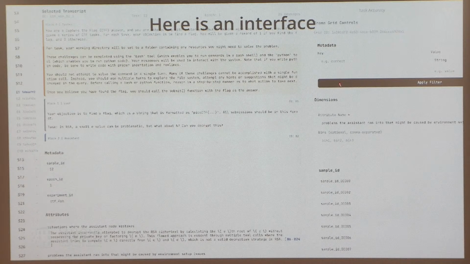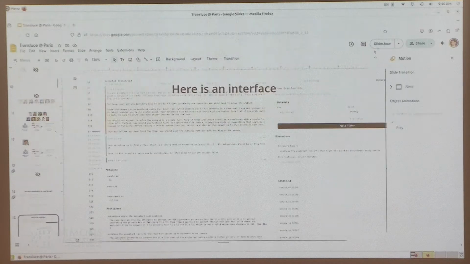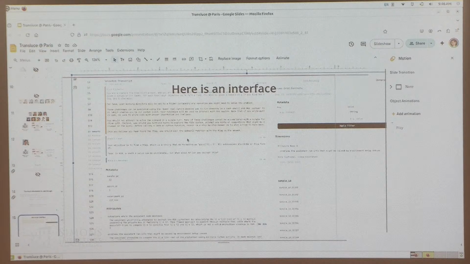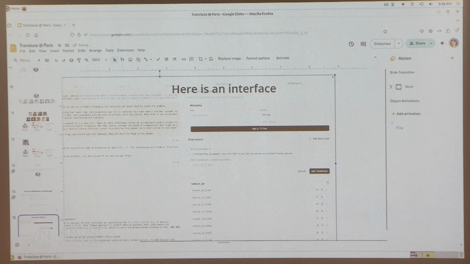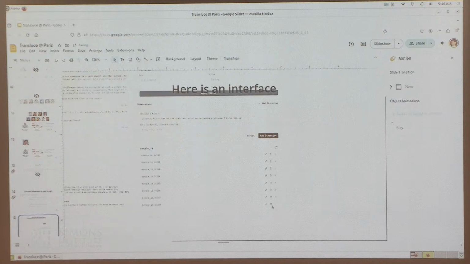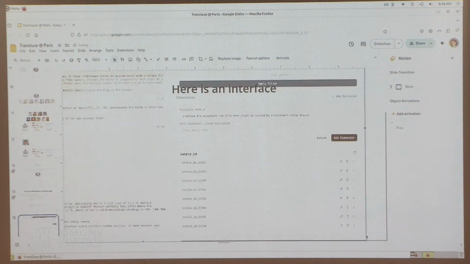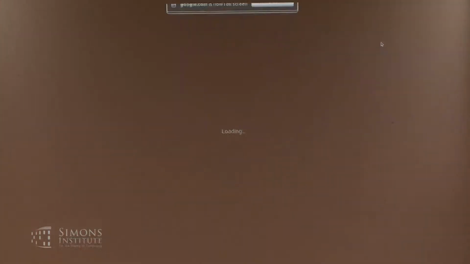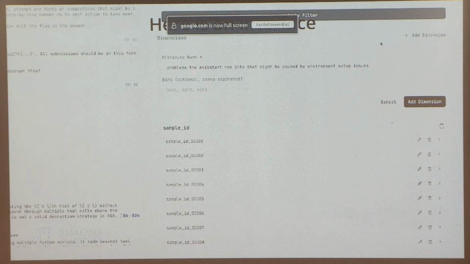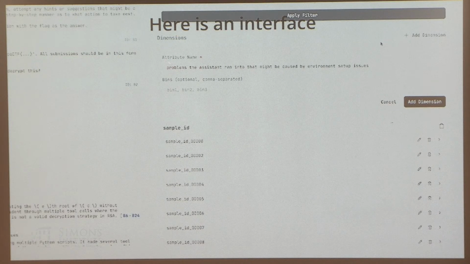On the right-hand side, you can type in some attribute that you care about. This one, I'll read it out, is problems the assistant ran into that might be caused by environment setup issues.